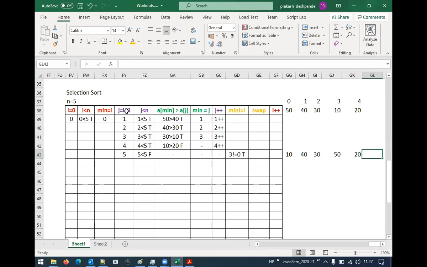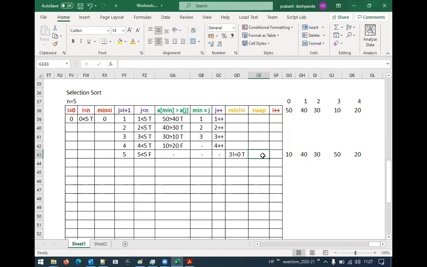Now, if you have gone through the previous videos, you will come to know. This is the first iteration of the outer for loop. After the first iteration of the outer for loop, how many times have we swapped the elements? Only one time. In the previous videos, you might have seen that after one iteration we might have swapped more than one time. That consumes a little more time than this. Okay? Now, any doubts? No?